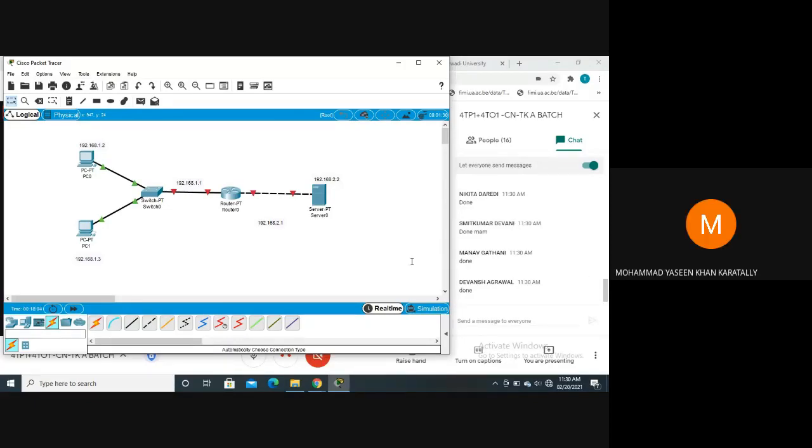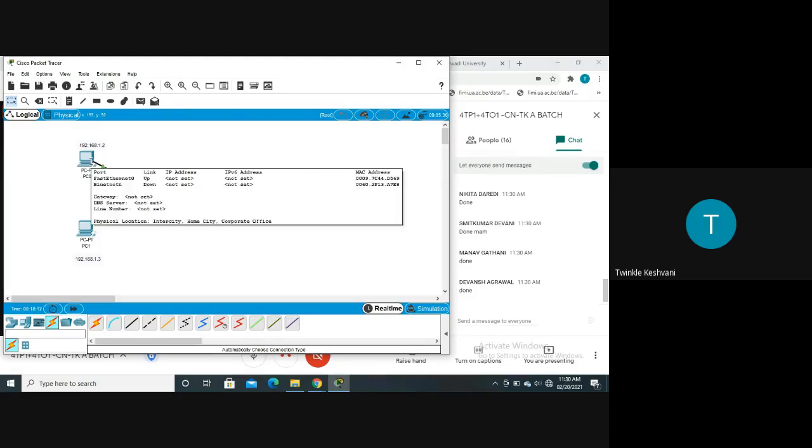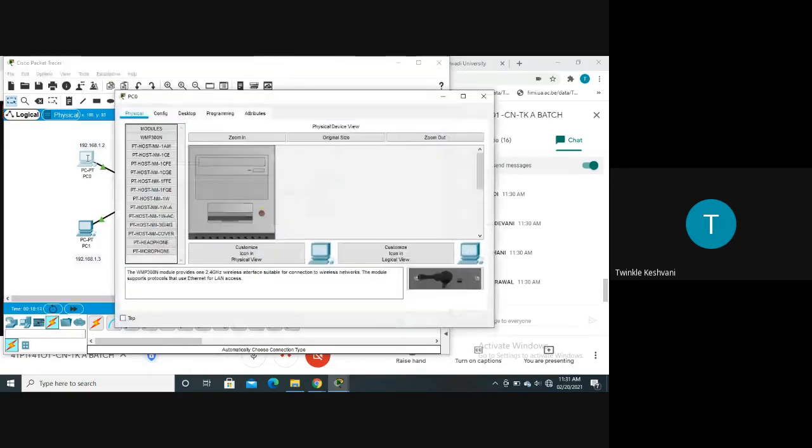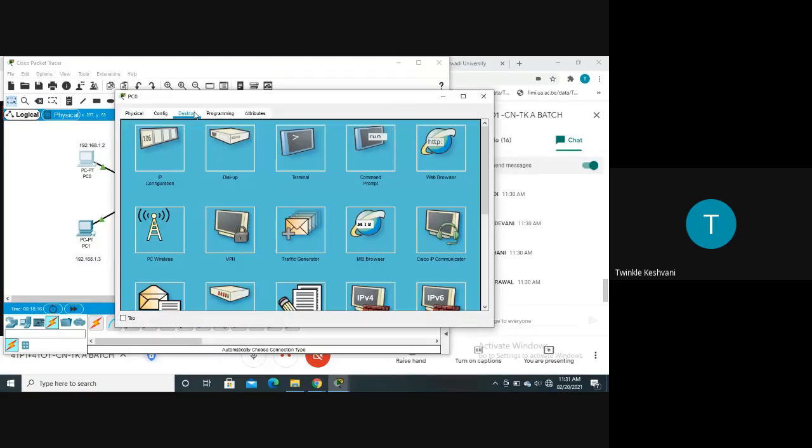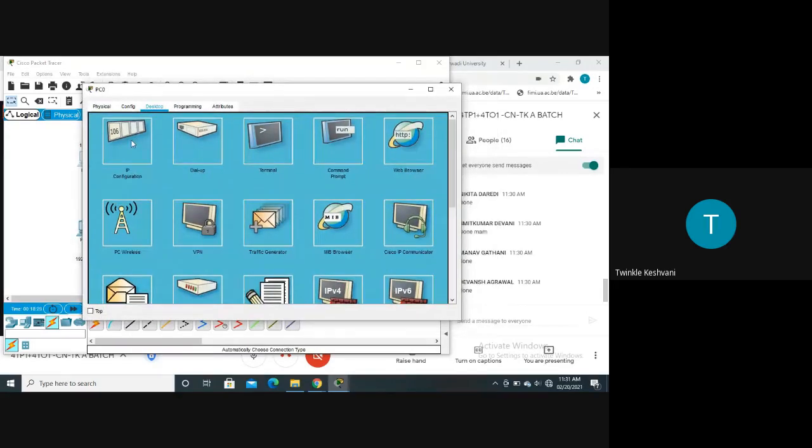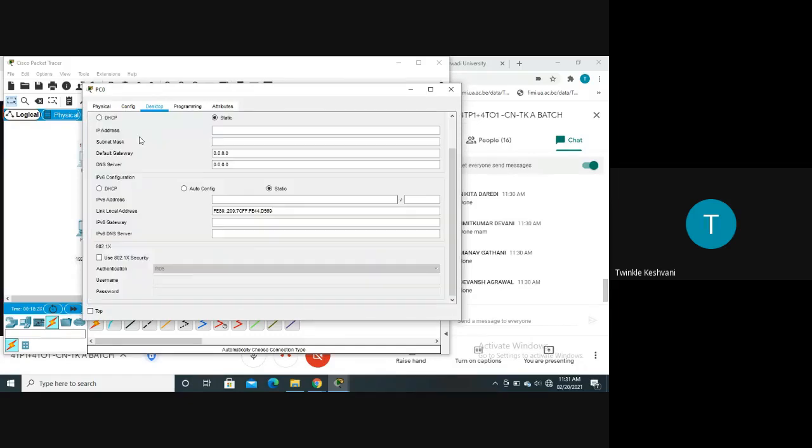Yes, ma'am. Okay. Now moving to the internal configuration, right? Now, if I want to give the IP address to this PC, I have to click on the PC, right? This is the normal procedure we are doing. I think this is the first practical. So for giving the IP address, I need to click on the PC, and you can see here the first tab, that is IP configuration. So you need to click on the IP configuration.